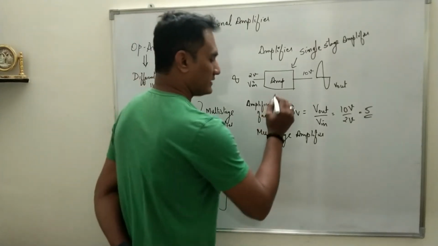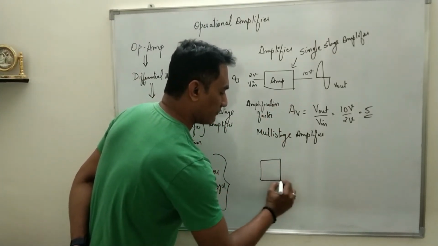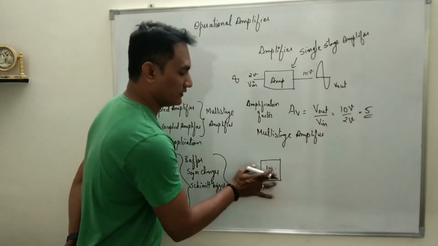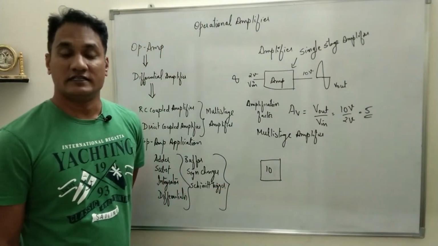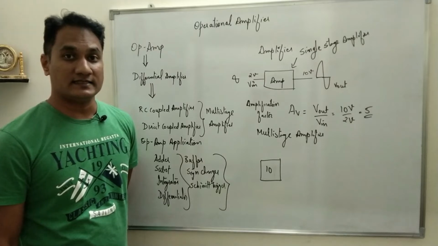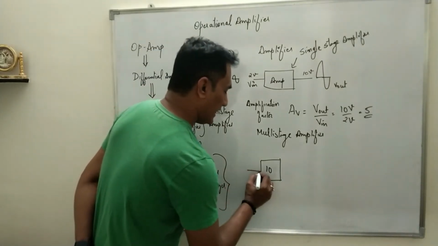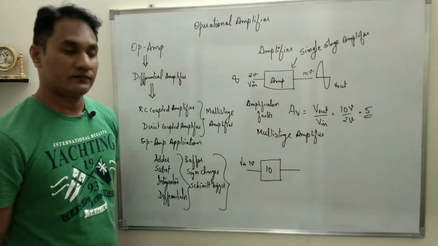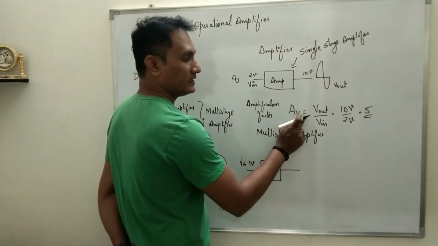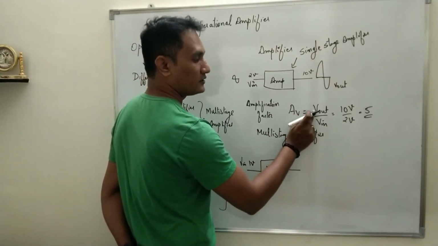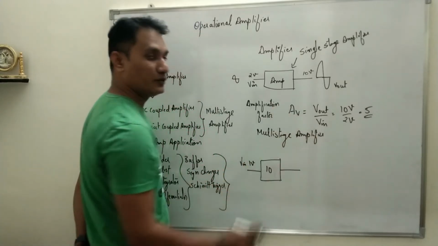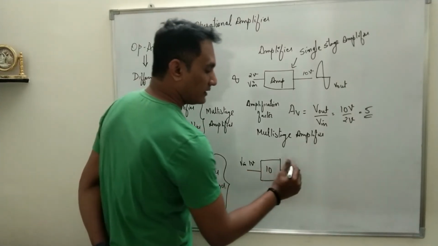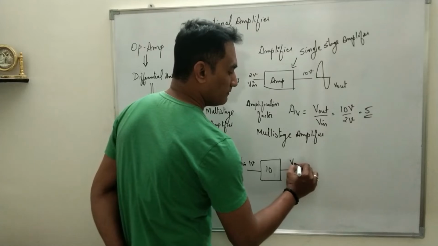So multi-stage amplifier. See, suppose I have an amplifier whose maximum gain is, sorry, not volt, there will be no unit for amplification factor. So I have designed an amplifier whose maximum gain is 10. Okay, then I have given V in as 1 volt. How much I am going to get at the output? You can understand, voltage gain is equal to output upon input. So output voltage will be voltage gain multiplied by input. Voltage gain is 10 and input is 1 volt. So 1 multiplied by 10, the output V out will be